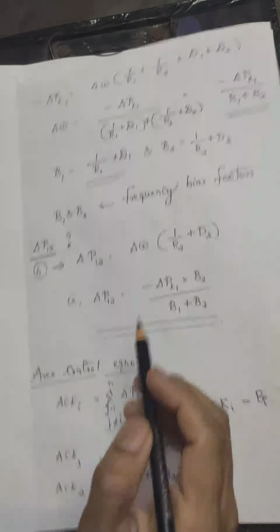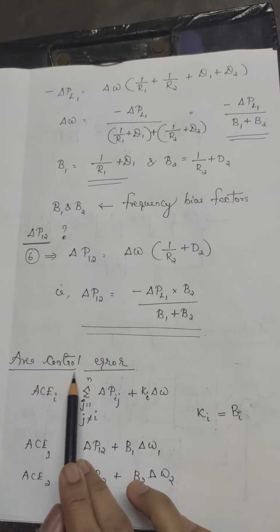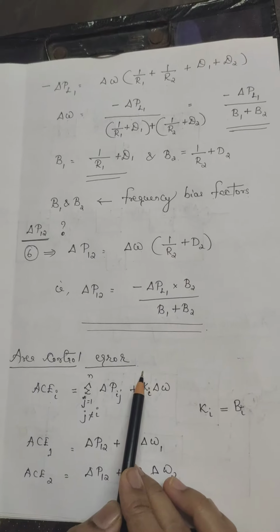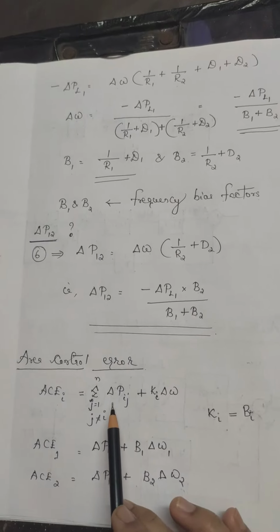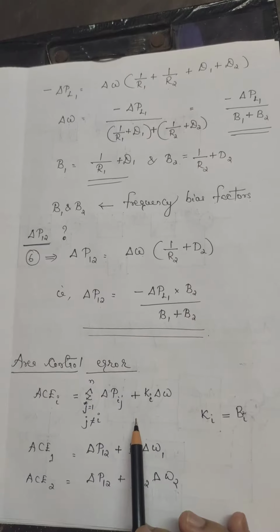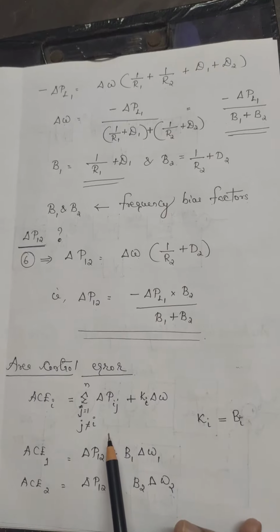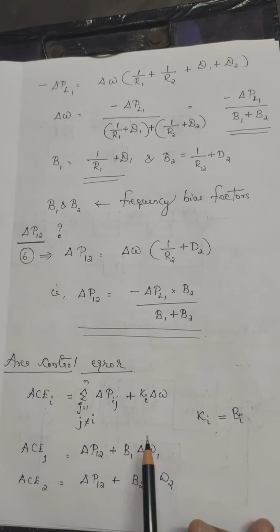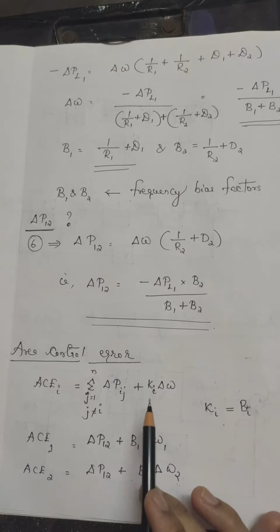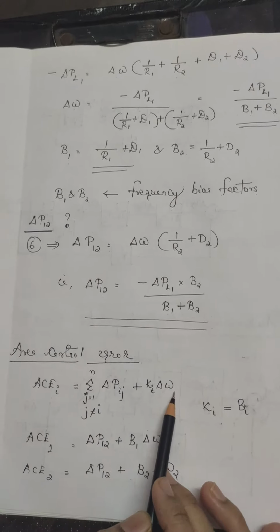So now another important term in a double area automatic generation controller is the area control error. The area control error is actually the difference between scheduled power interchange and the actual power interchange between two areas. That is, the difference between the scheduled or actually planned value of power and the actually flowing power. So area control error is formulated as the linear combination of tie line power error and the frequency error.